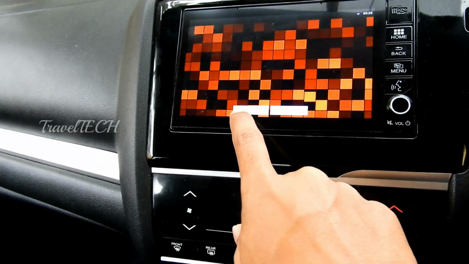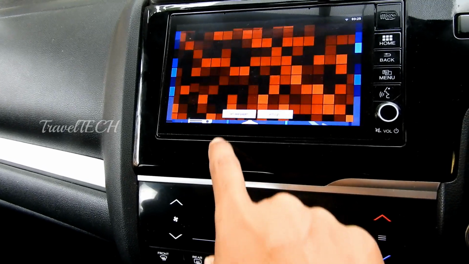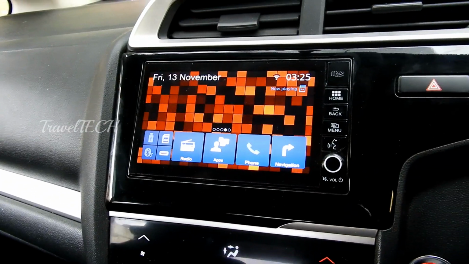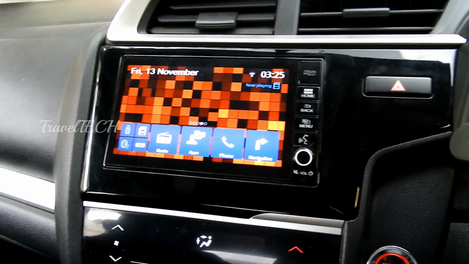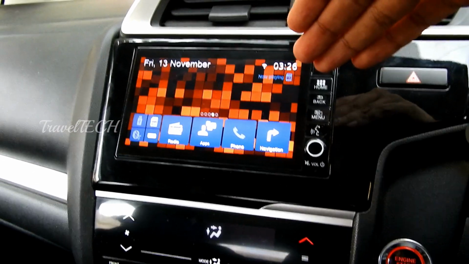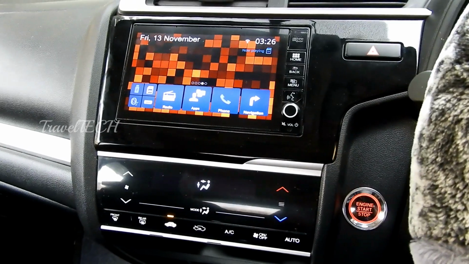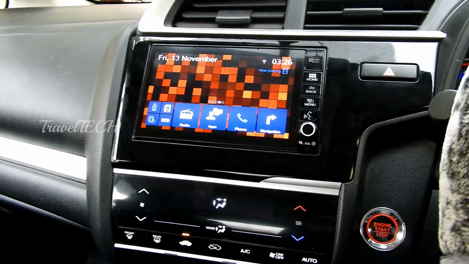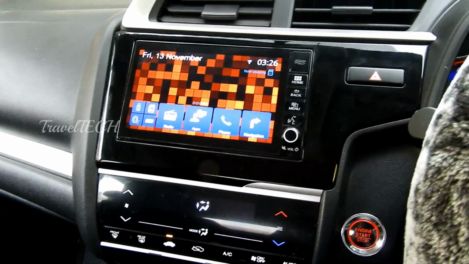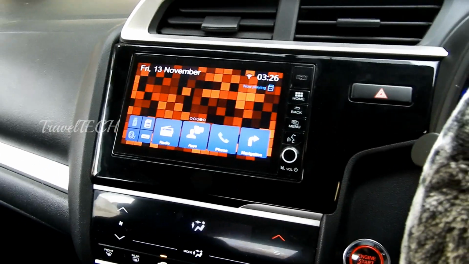So I'm just gonna go ahead and click on the set wallpaper button right now. As you can see, the wallpaper has been set and the black red combination looks really wonderful. And as I had shown previously, you can set the black and blue combination as well. That suits well with the dashboard of our car. That looks really nice and very neat. And you can put this live wallpaper in your digipad on this Diwali and make your digipad light up especially for the festival of lights.